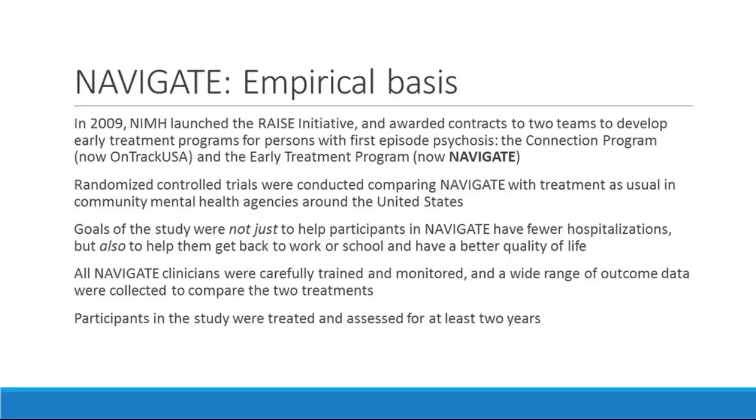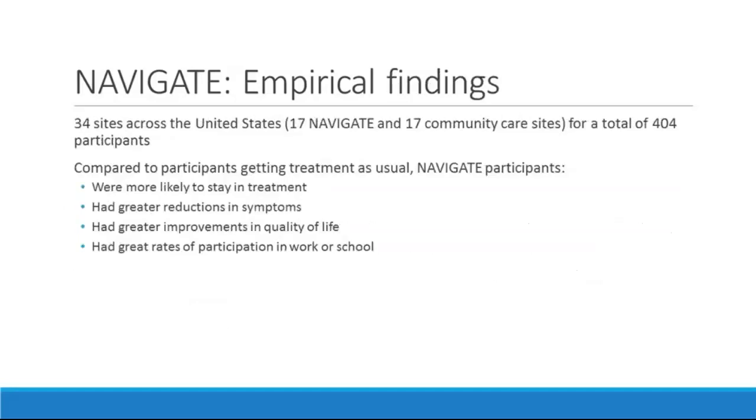The goals were not just to reduce rates of hospitalization, although that was one of the outcome goals, but also looking at quality of life factors. So people having better relationships, people who are returning to or staying in school or work settings. For all of the programs providing Navigate in the studies, the clinicians were really carefully trained and monitored. A lot of outcome data was collected over the course of 2 years, and all participants evaluated did participate in at least 2 years. So what they found is that